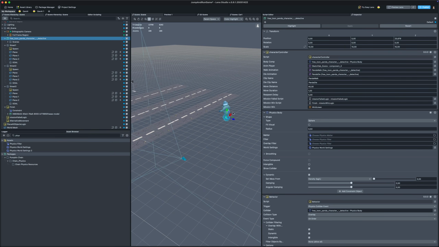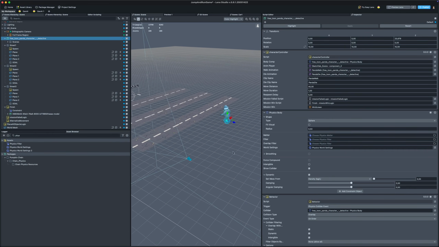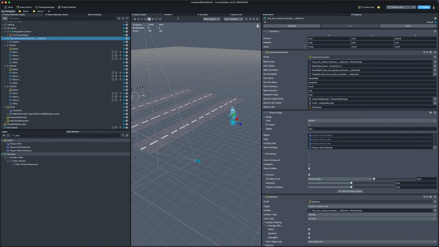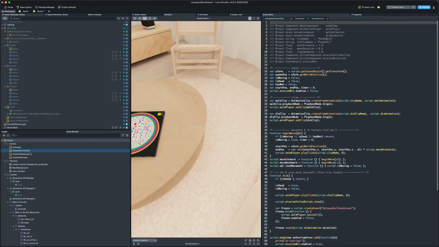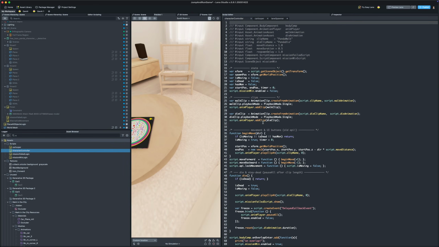So I was okay with having just a little sphere collider here at the bottom. And that was enough to get me the physics effect that would happen when it would hit a car. Within the character, we also have a character controller script. And here I also experimented a little bit. We also have a state machine and some variables that specify whether the character is moving,